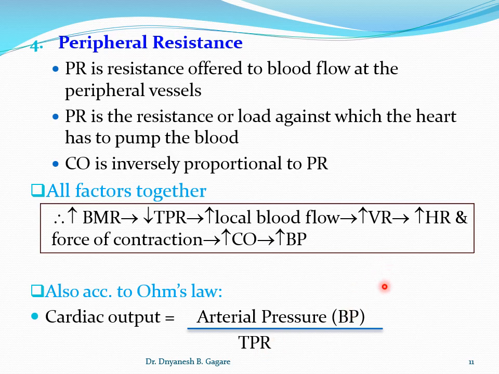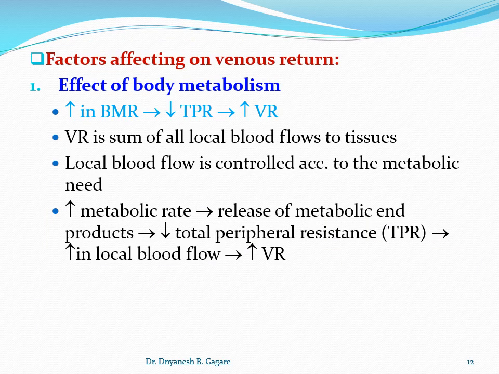Okay, now here students we will stop, and in the second half of the lecture we will continue. We'll come to venous return and the factors affecting venous return. And the remaining points, that is, the limitation of the heart to pump the blood, and the methods of determination of the cardiac output, we'll discuss all of that in the second lecture, or second half of the cardiac output. Okay, so for the present we'll stop here.